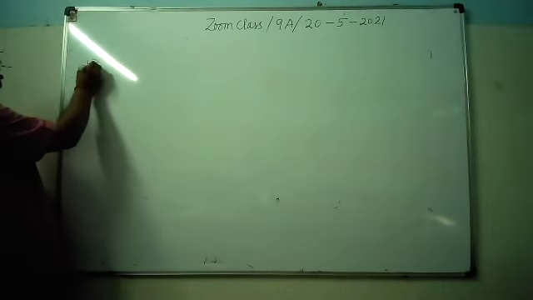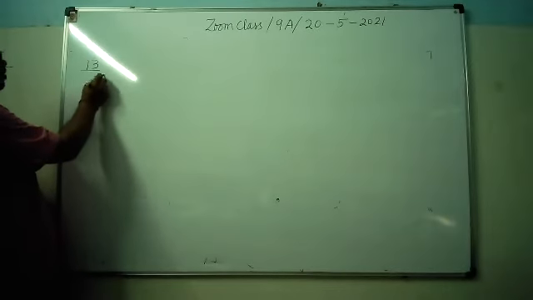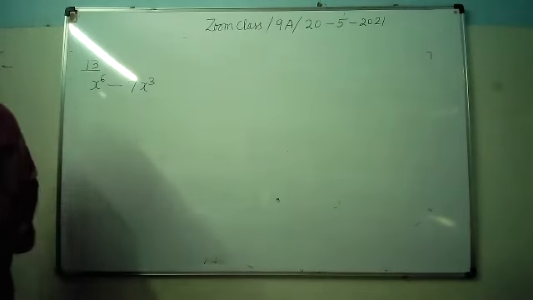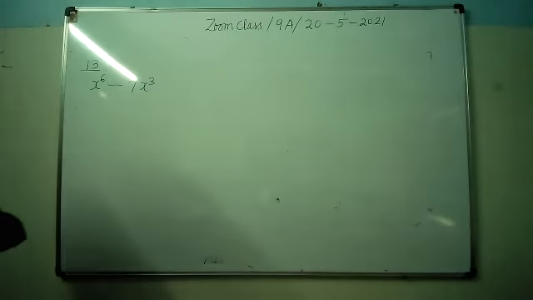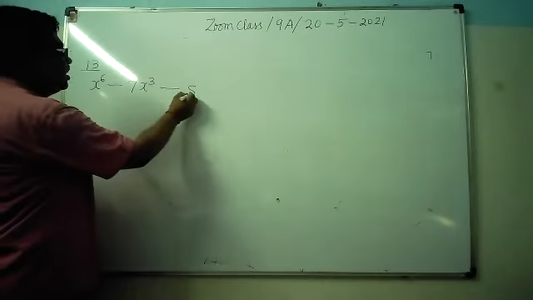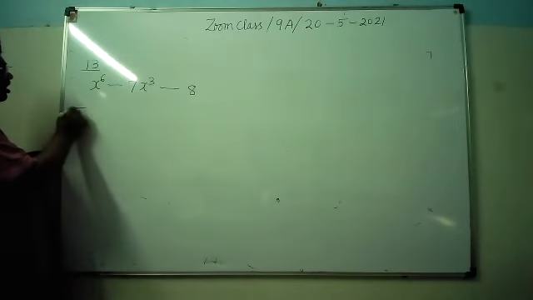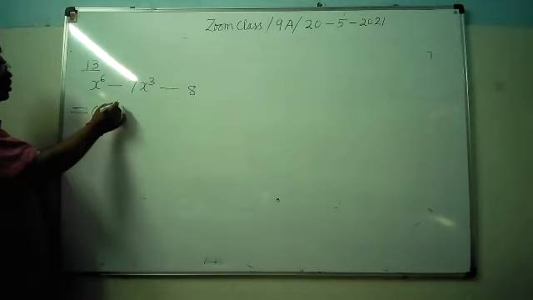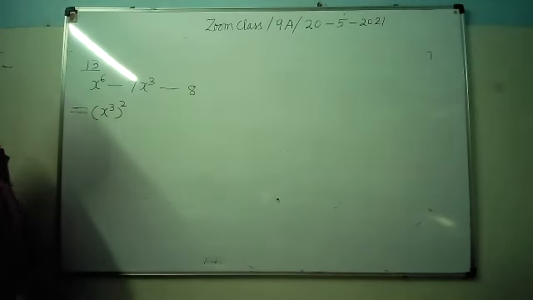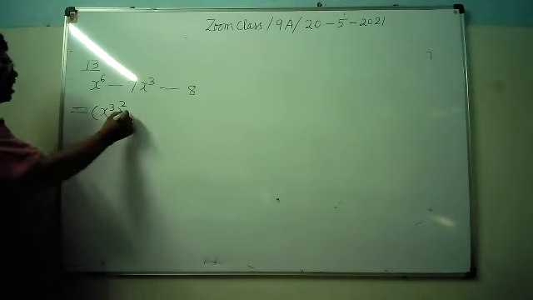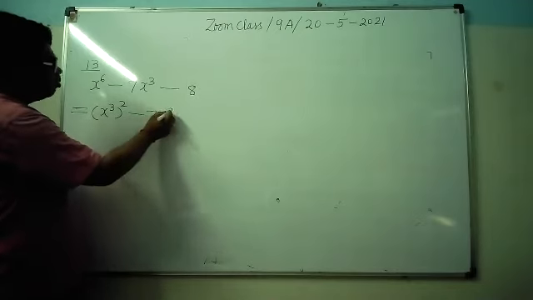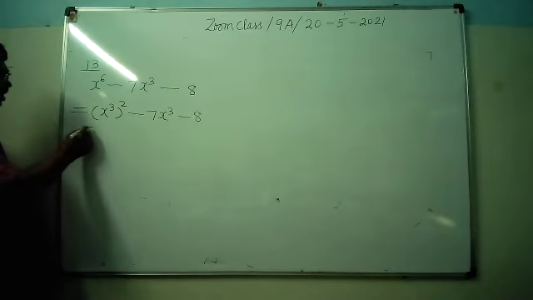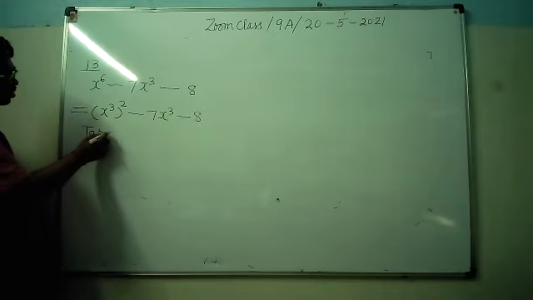This is x to the power 6 minus 7x cube minus 8. If you see here, we can write x to the power 6 as x cube whole square. It's clear? Minus 7x cube minus 8. Now you take x cube equals to